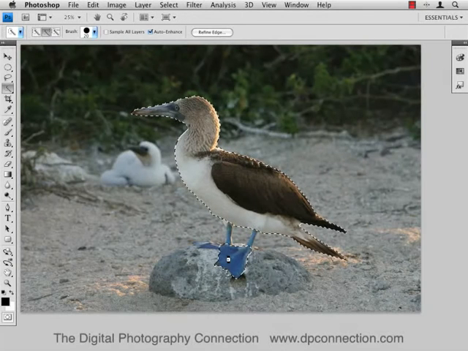I'm going to click here in some of the blue-footed areas. Again, I'm just clicking. I'm not necessarily dragging. I'm allowing the quick selection tool to do its job. Sometimes you do have to slightly drag it through, but a lot of times I like making very short, small, easy strokes. And I want to make sure that I get all these feet in here